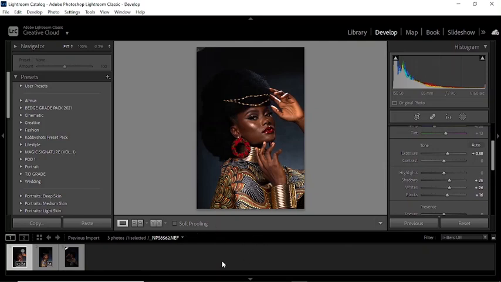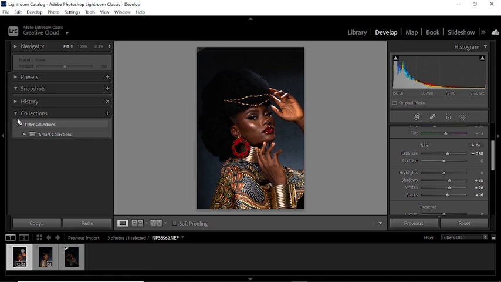Okay, so in this video I'm going to try to show you around Lightroom. If you know how to use Lightroom, you will also know how to use Camera Raw. Camera Raw and Lightroom are basically the same software, just like Lightroom in Photoshop, right? So basically